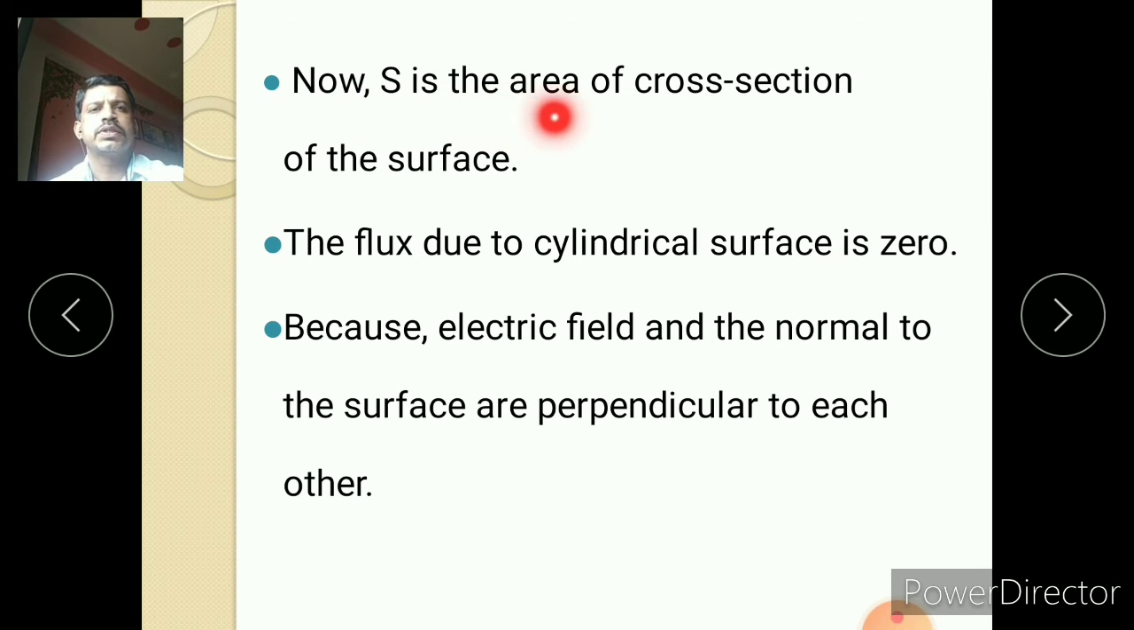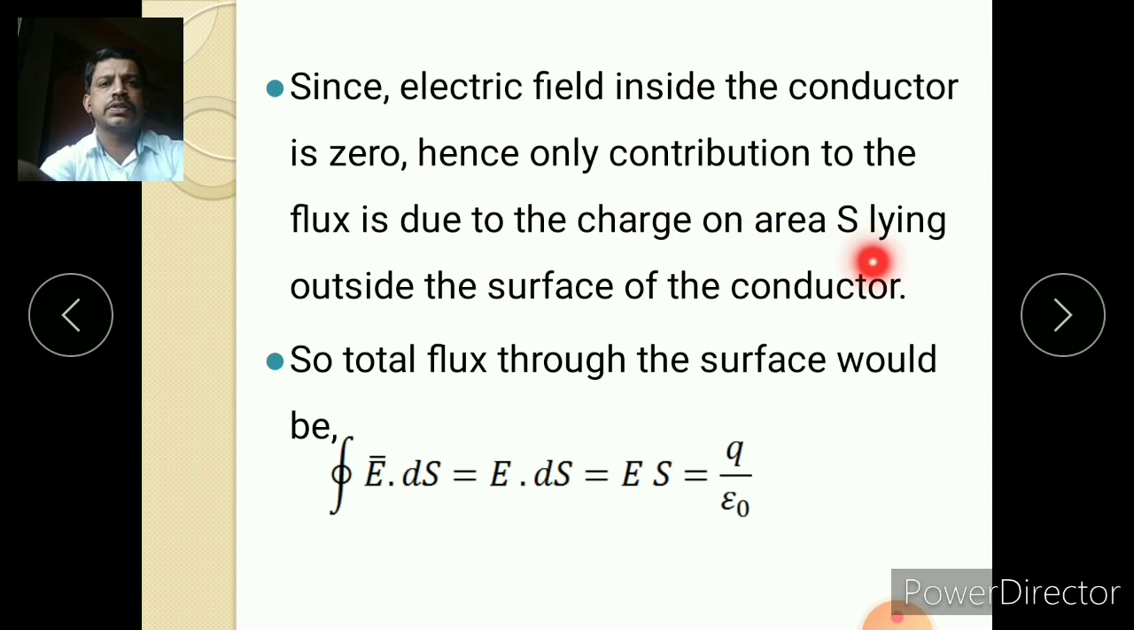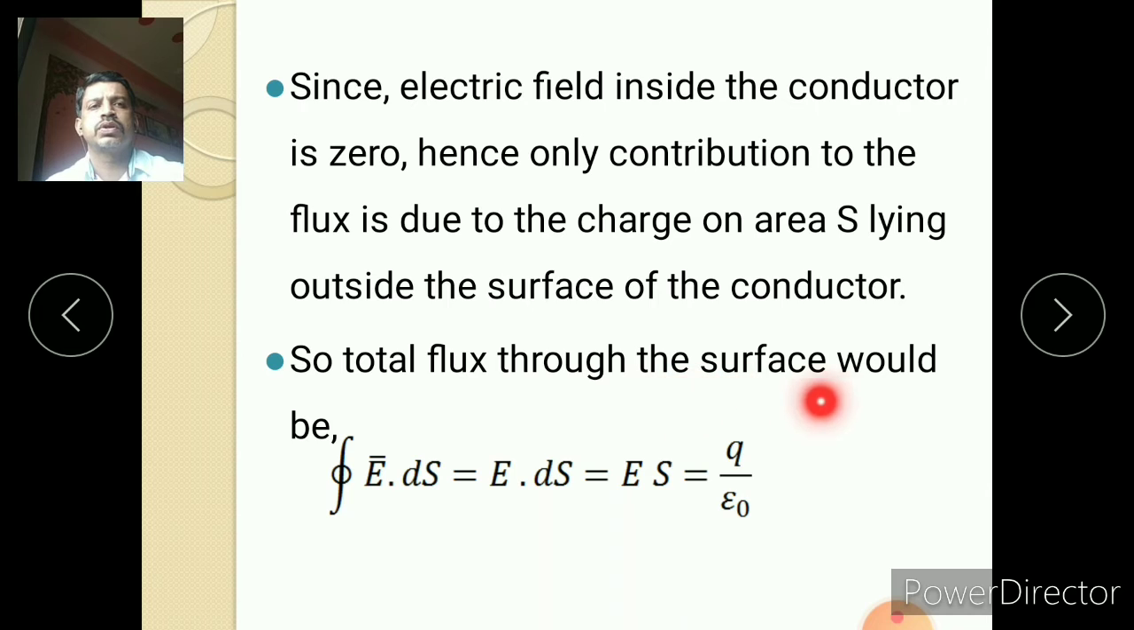Now S is the area of cross section of the surface. The flux due to the cylindrical surface is zero because the electric field and the normal to the surface are perpendicular to each other. Since the electric field inside the conductor is zero, the only contribution to the flux is due to the charge on area S lying outside the surface of the conductor. So the total flux through the surface will be